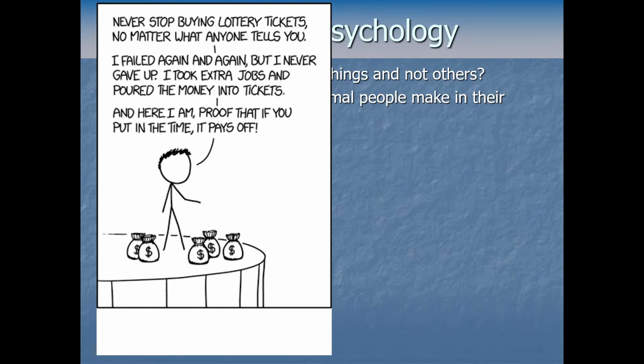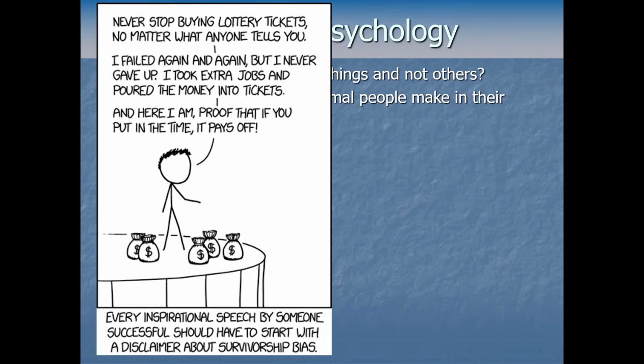Because we're just hearing from the one person who lucked out, but we don't see the hundreds of millions of times when a ticket was purchased and it led to nothing, or all of the other people who put their life savings into lottery tickets and got nothing out of it and felt horrible about it afterwards. So as the author here puts it, every inspirational speech by someone successful should start with a disclaimer about survivorship